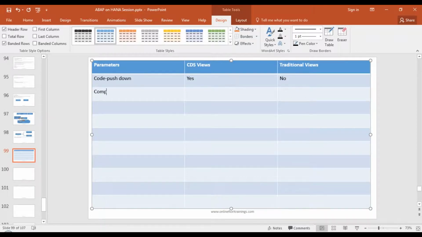Second thing is complexity. You can go with higher complexity in CDS views as compared to traditional database views. For example, if you're writing a CDS view, your functional consultants can write it. It's pretty easy to write CDS views as compared to traditional database views. You've got to do a lot of steps there, but here it's pure code, pure human readable code, more semantic in nature.